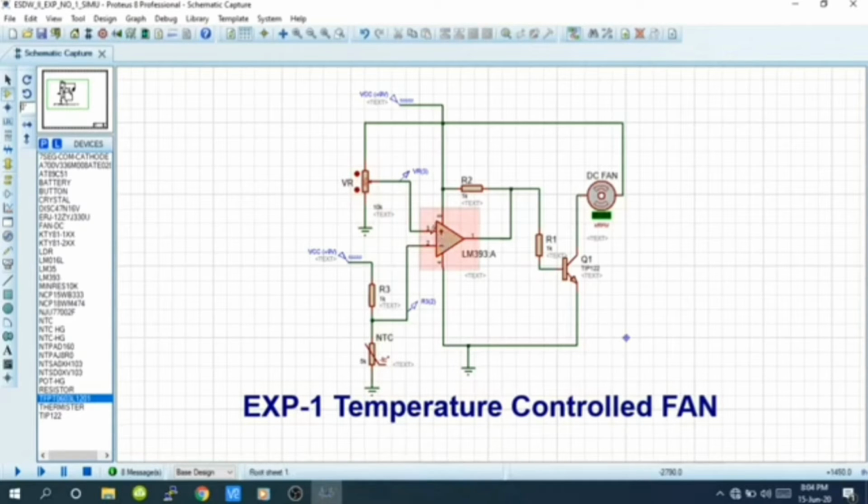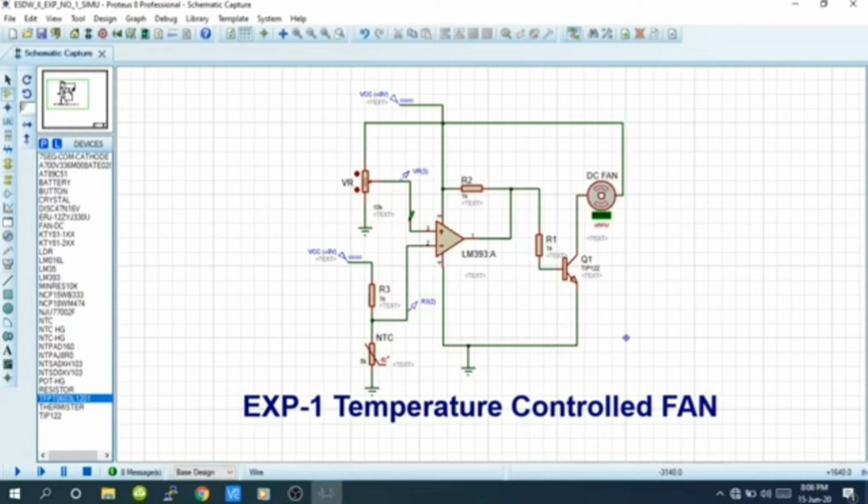Here the NTC thermistor is used so that if temperature increases, then resistance decreases. So as temperature rises, the resistance value decreases, and this voltage is given to the inverting terminal of the operational amplifier, that is pin number 2. The voltage divider circuit provides the voltage regarding the temperature to the inverting terminal of the op-amp. Here the variable resistor is set exactly in the middle, 50%. Based on the output, the transistor is turning on and off.